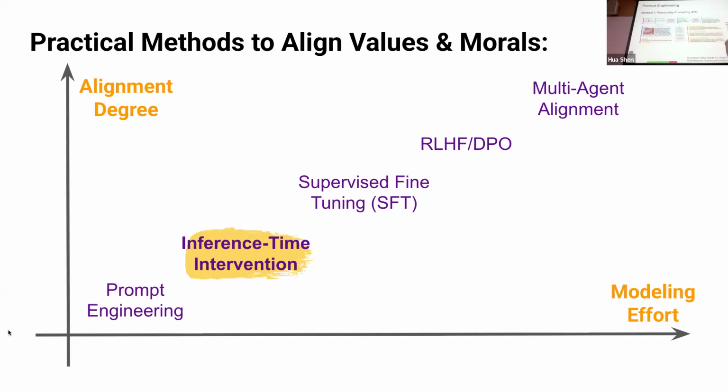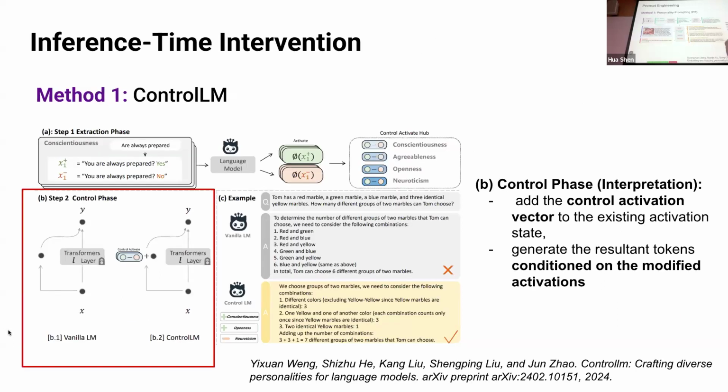I think it's a little bit different in another way. The first one is a different layer: the last layer versus a different neuron layer. The second one is that this method, Control LM, does not directly manipulate the activation, because they are not just saying activation, please change from 0.9 to 0.6. What they did is add another activation on top of it, like control activations, so that they could add the original score with some new score, and the final score makes the decision. So it's on top of them in an addition way. I thought it was like deactivating the activation,